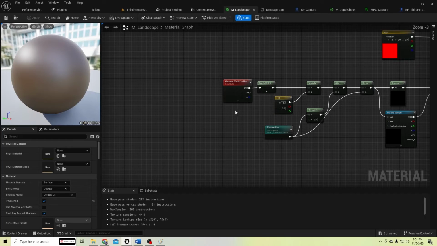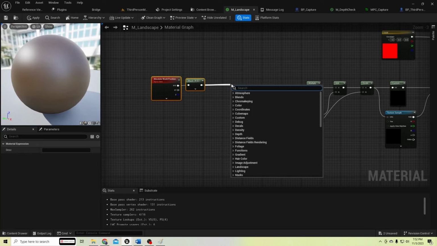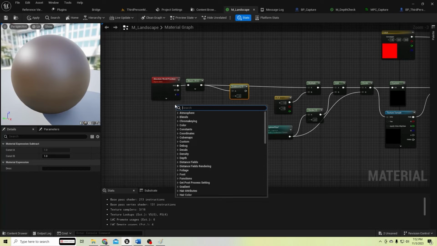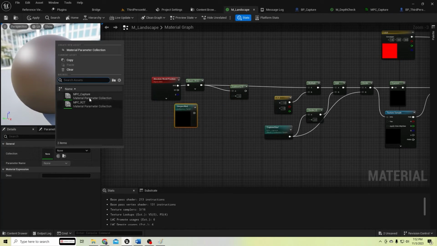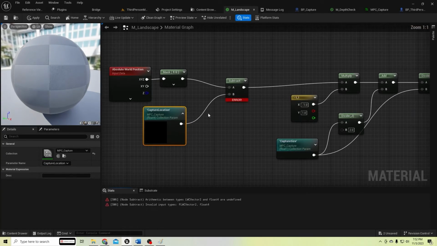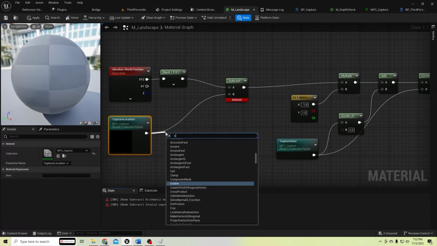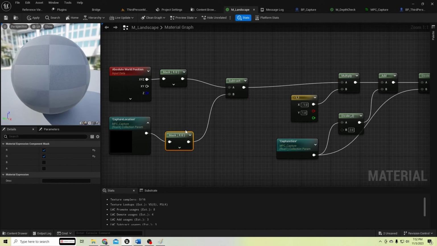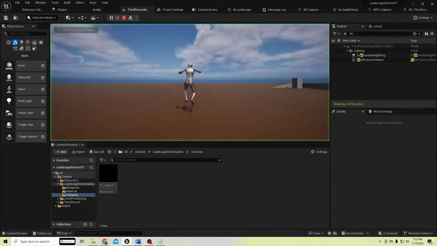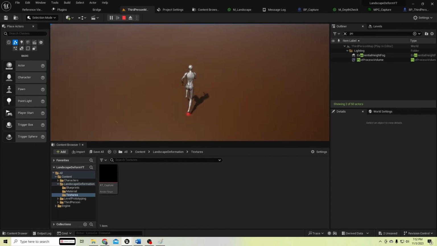in the landscape material, we need to subtract this from the capture location, and let's connect this here. No, we need to first mask it. Now our capture is following the player,